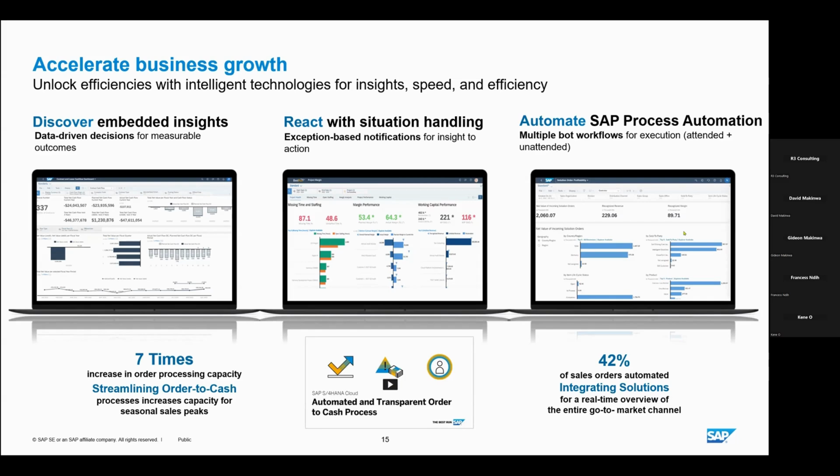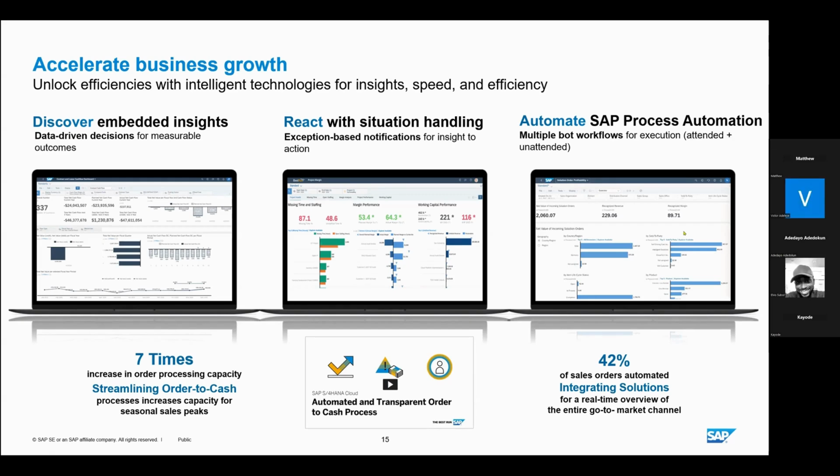We also have things like situation handling. In a company where they have a large number of users, one of the challenges is how do we bring everybody together to be connected in a single system and assign specific tasks and set a deadline for performing that task. Also, you want to receive notification when those tasks are done, or when you miss the deadline, right?